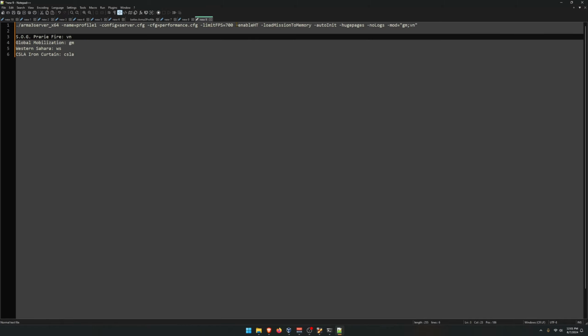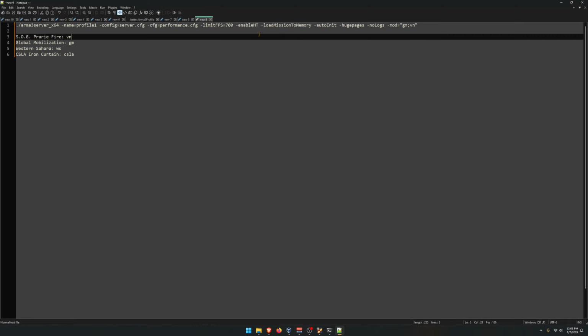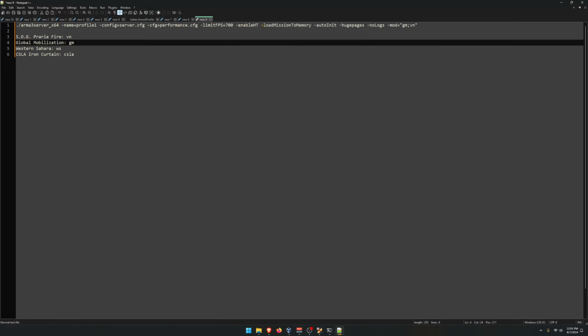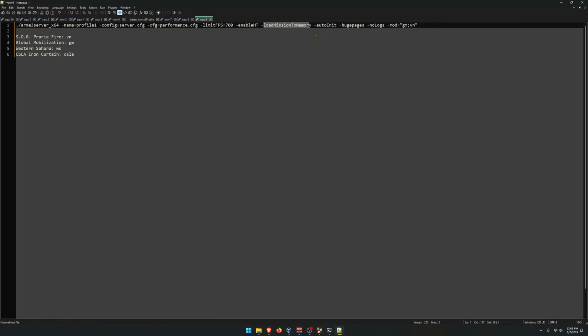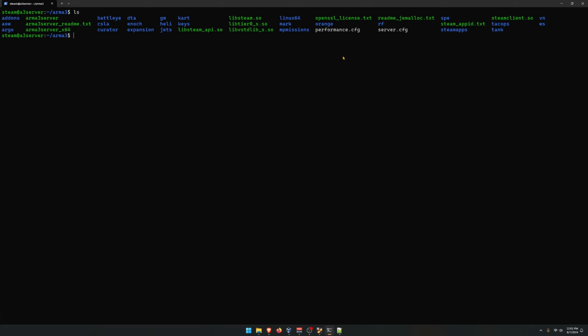Enable HT. I recommend definitely having this one in here. This is enable hyperthreading. It's just going to help the server performance. Load mission to memory. Again, another server performance thing. Auto init. Auto init is going to automatically initialize and start up the first mission that is in this